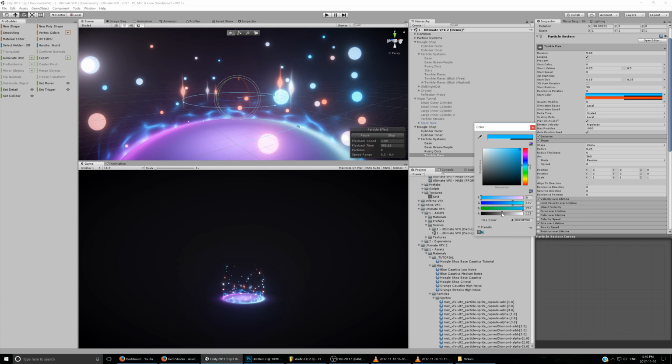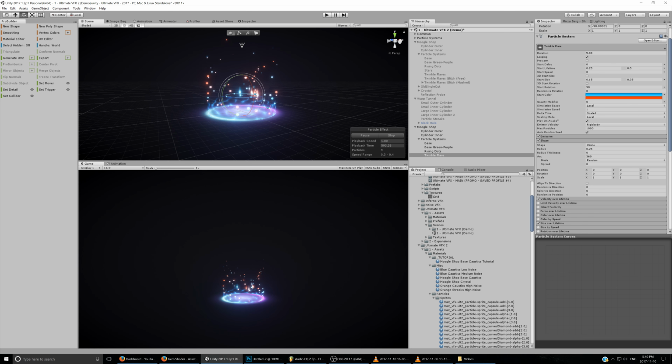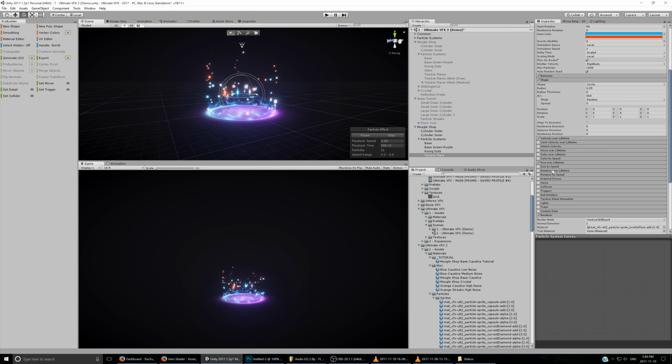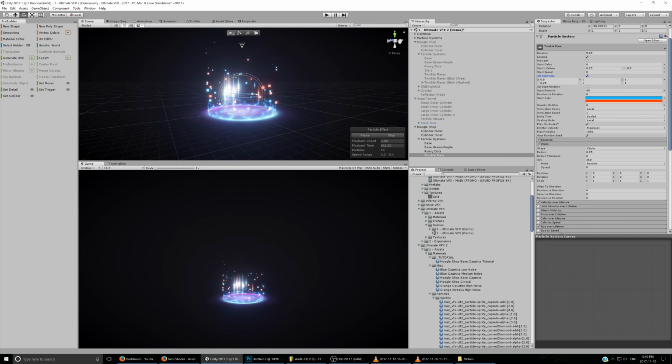example. And because these are additive and I want them to be really bright, I can turn this back up. Now they're much brighter. That's fine because they're quickly coming in and out. Making them bigger, maybe 0.5, 0.25. What I can also do is stretch them out a little bit more, so I can set this to use a 3D start size, maybe like 0.5 and 1, so that way they look like this, and